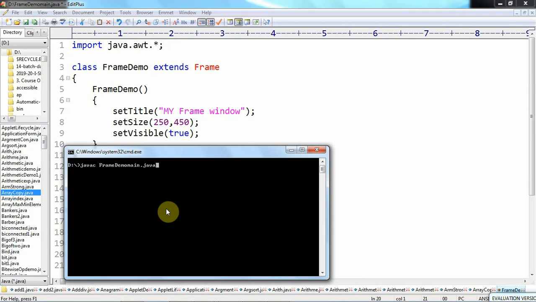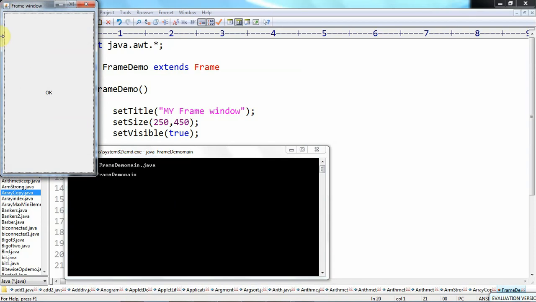So first we compile the program as javac FrameDemoMain.java. Then we run the program with the Java interpreter, java FrameDemoMain, because this is an application. A Java application has the main method, and it is executed by using the Java interpreter, so that's why here I use java FrameDemoMain.